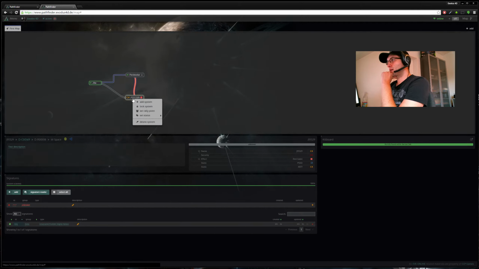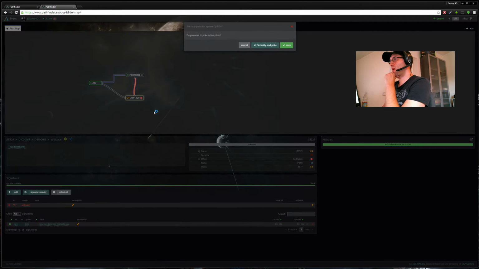When you right click a system, you can lock systems down. You can set a rally point. Rally point means that if you want to bring your fleet down the chain to one of these systems, you can mark it as a rally point, and when you click set rally point and poke,